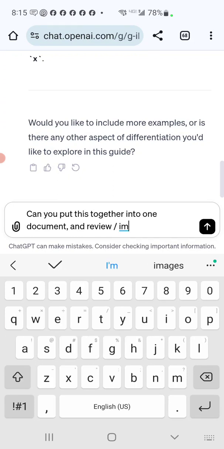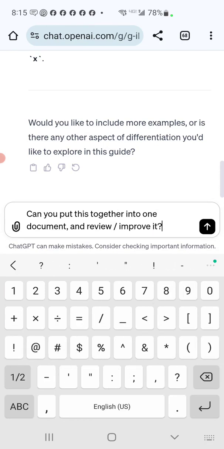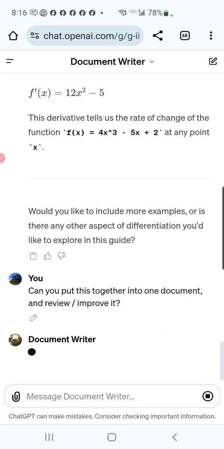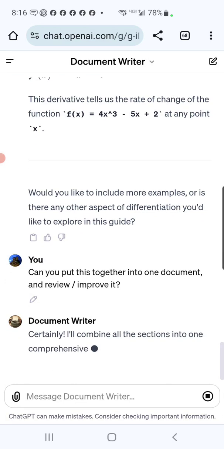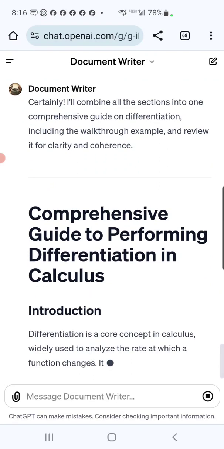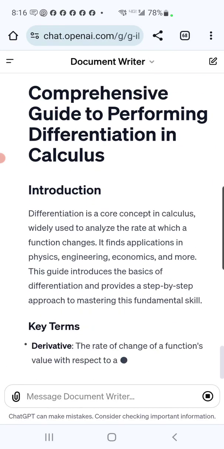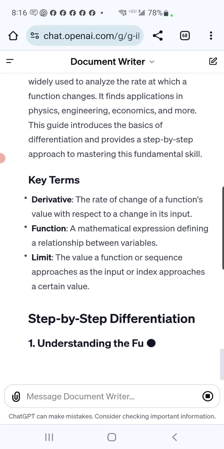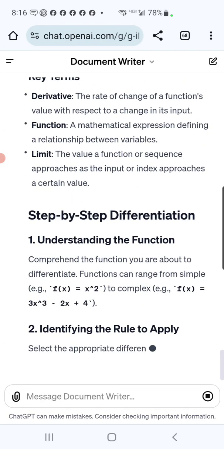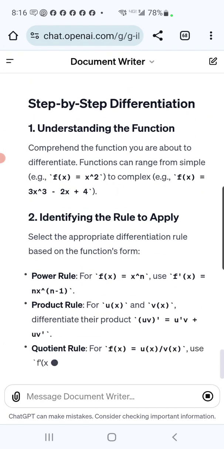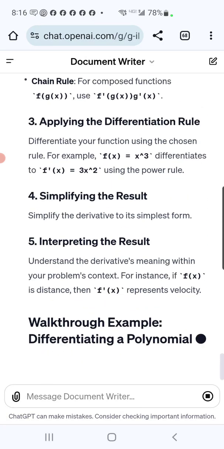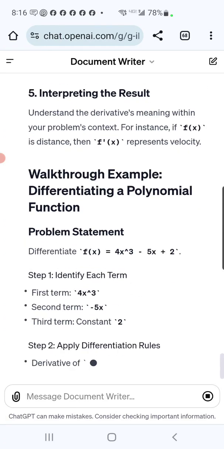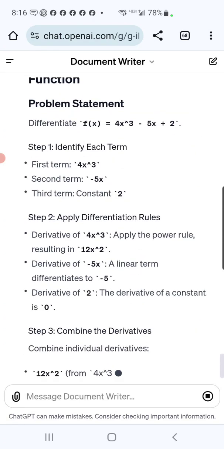So let's have it do the review step here. Let's see how that works. I guess it didn't entirely go through and offer to do the review itself though. So I may have to tweak that a bit, but for the purposes of this video, let's just say we're happy with this now. And I mean, this is actually pretty good here. You'd have to go through and